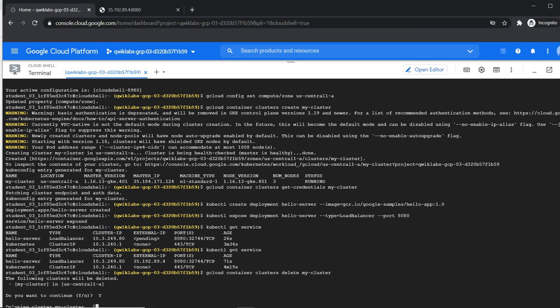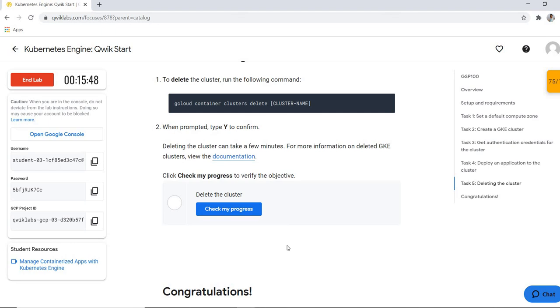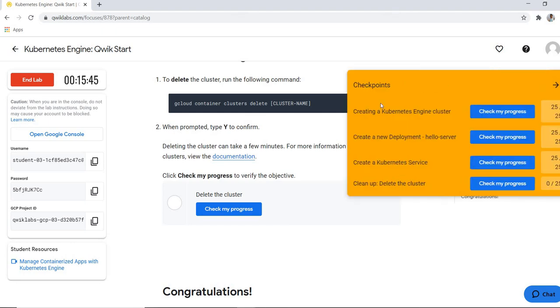And if someone wants to go into the DevOps field, it is necessary that you have knowledge about Kubernetes. Here we have completed all three tasks, and lastly delete the cluster.